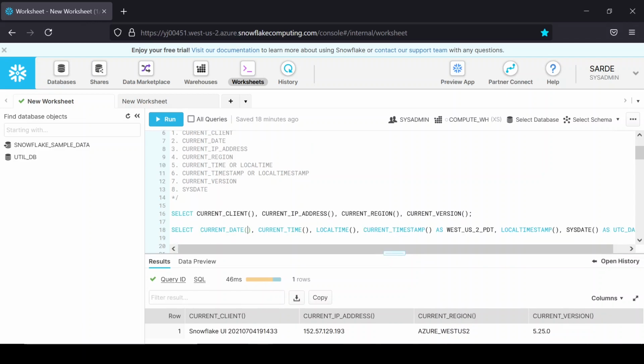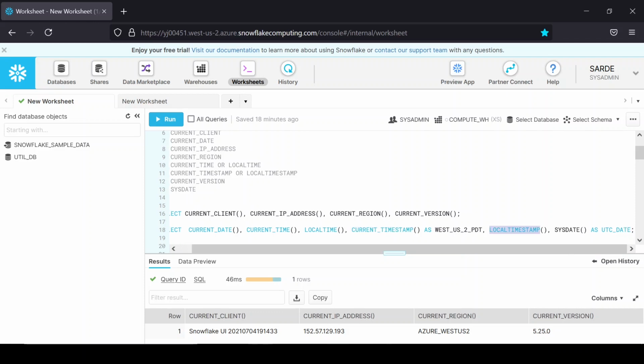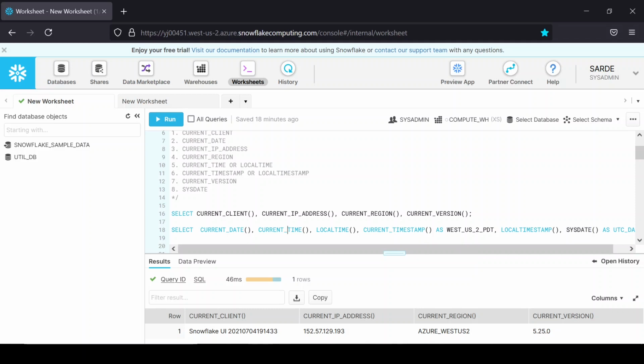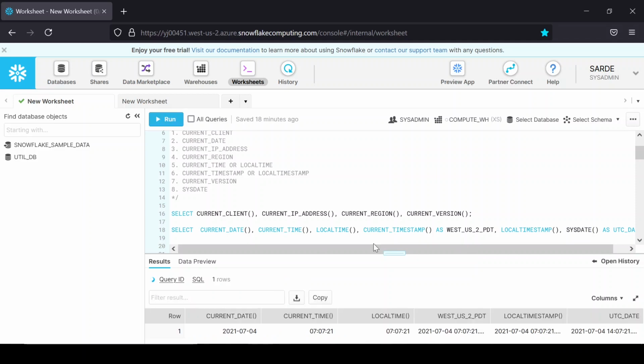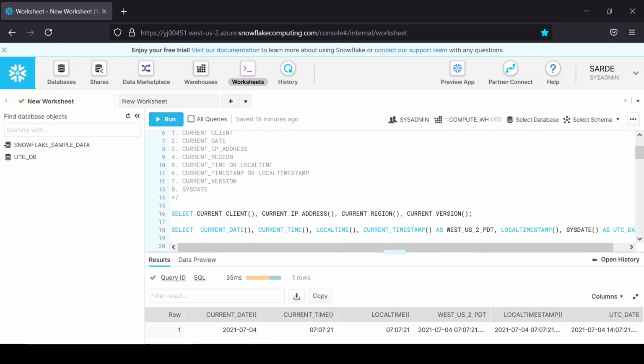Next, let's test current date, current time, local time, current timestamp, local timestamp, and the sysdate function. If I run this query, we can see it has printed current date, current time, and local time. This time and date is in the PDT time zone, the West US time zone where I have deployed my Snowflake account.